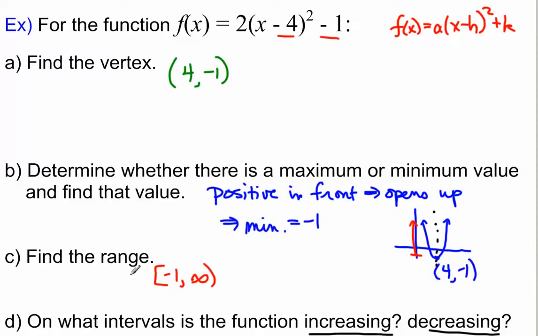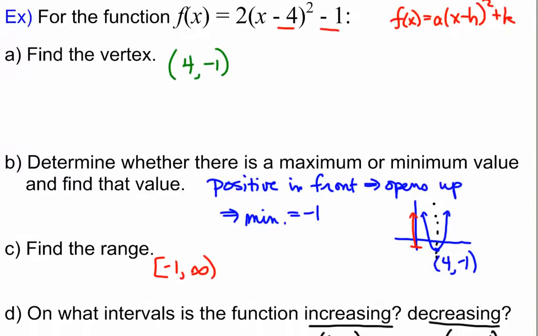What if I want to find the range? I really think drawing a sketch like this is helpful, so just put it on your paper and look at it. The range are the y values that are associated with that picture. There's no graph way down here. There's no graph until I get up to this y level. This y level corresponds to -1. And anything higher than that, up to positive infinity, I'm going to be able to come over here and see the graph. So my range is going to be inclusive bracket -1 to infinity.